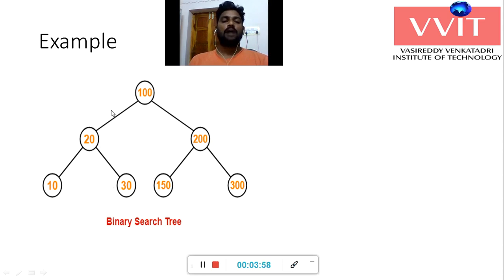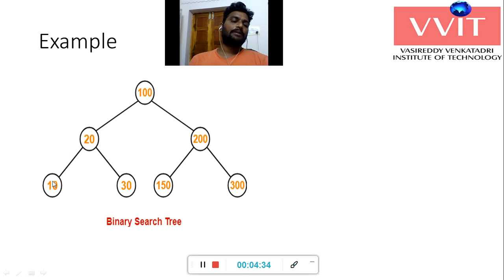The origin point of the tree is called the root node. Here the starting point of the tree is 100, so 100 is the root node. In pre-order fashion, first visit the root node, so 100 is visited. Once the root node is visited, move to the left subtree of the root node.